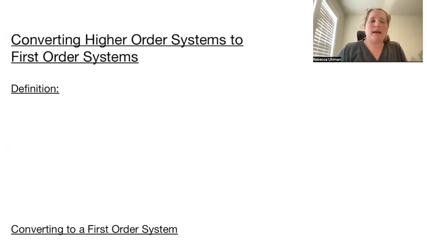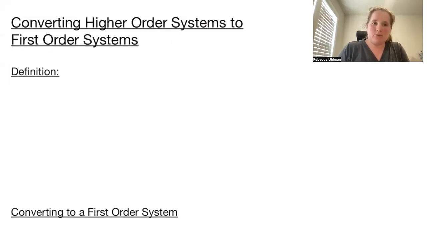Welcome to converting higher order systems to first order systems. So, definition: first order system